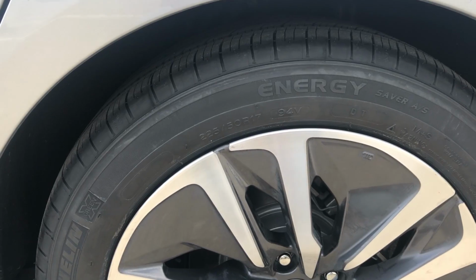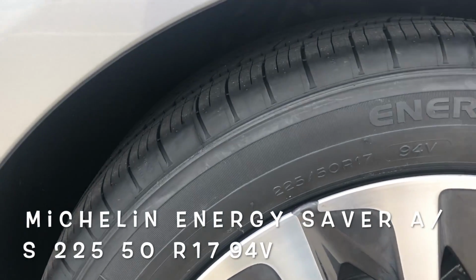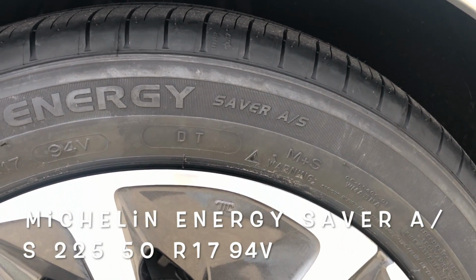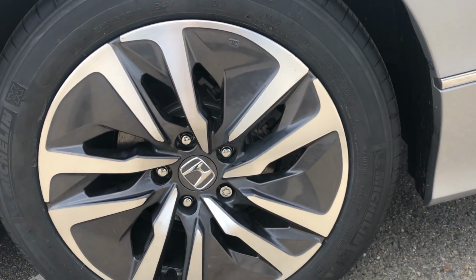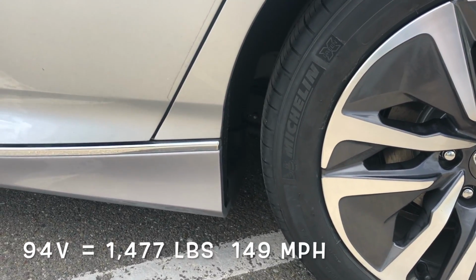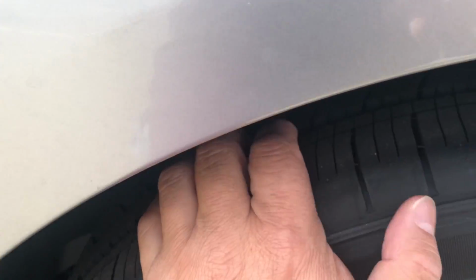So this tire was pretty hard to find. I'm surprised. It's the Michelin Energy Saver A/S 225/50 R17 94V. All right, 94V means the load and the speed. R17, of course, means the rim size. All right, and those break down into the pounds and miles per hour that you go in these tires. I'm not going to go 149 miles per hour,